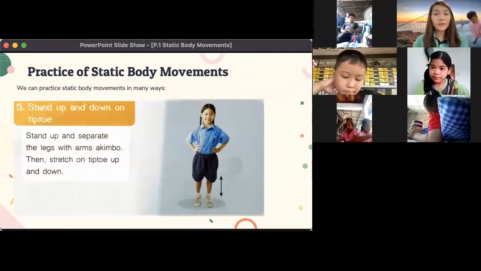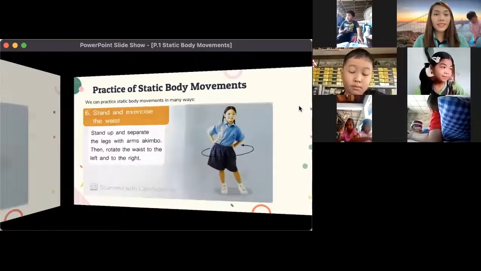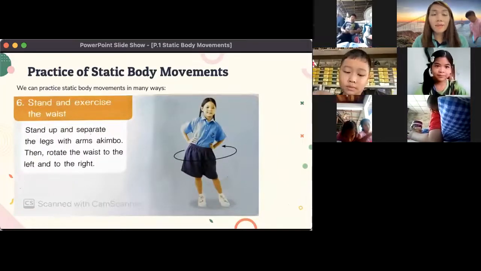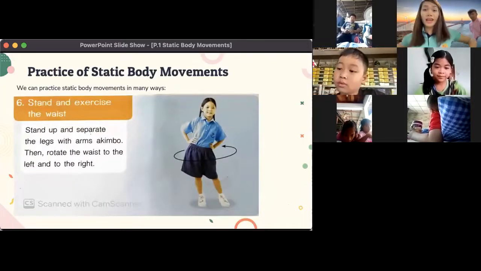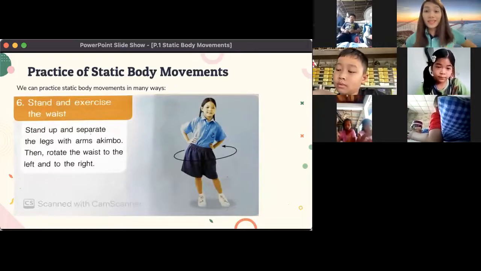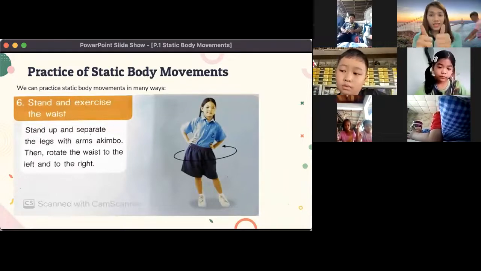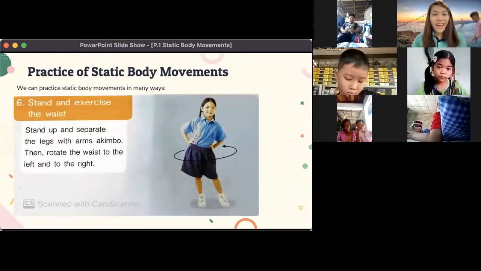The next one would be stand up and exercise the waist, okay? All you have to do is to put your hands on your waist and twist it to the left, twist it to the right, okay? And we did that today, which is good. Next would be